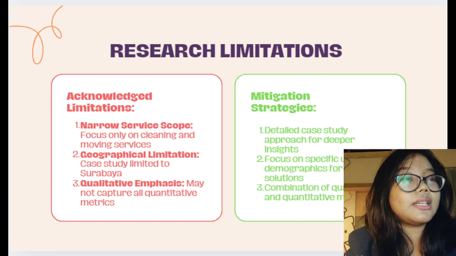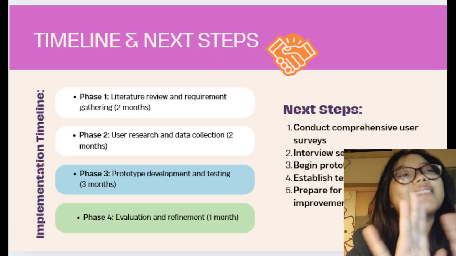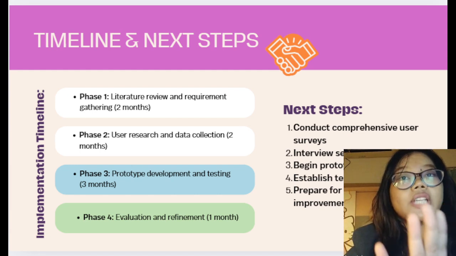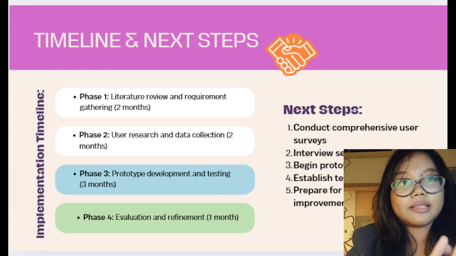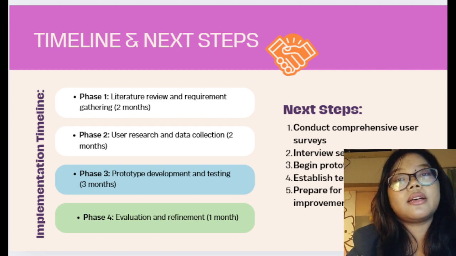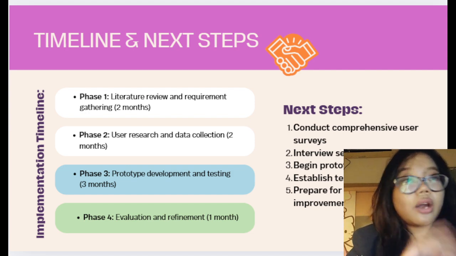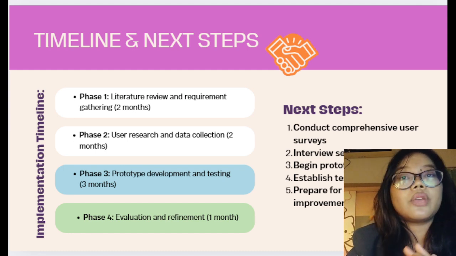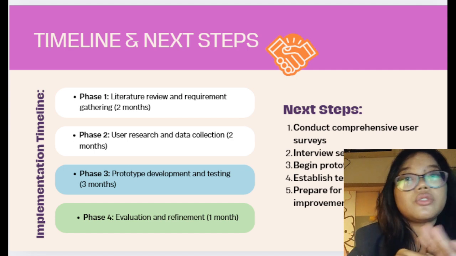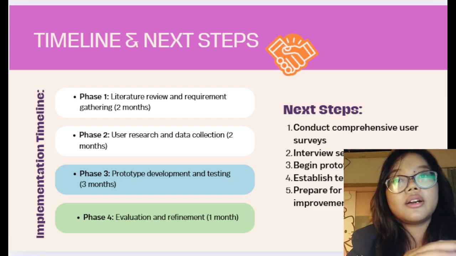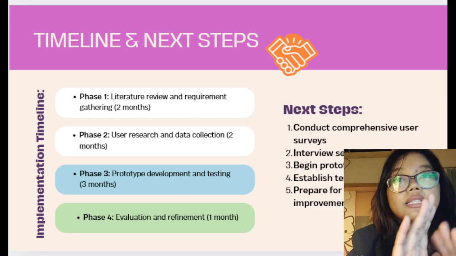Okay, jump to the next slide. We got the timeline and the next steps. The project will run across 4 phases. In the implementation timeline, the first phase is in the first and second month. We're going to do the literature review and gathering requirements. The second phase, in the third and fourth month, is the user research and data collection. The third phase, from the fifth month until the seventh month,